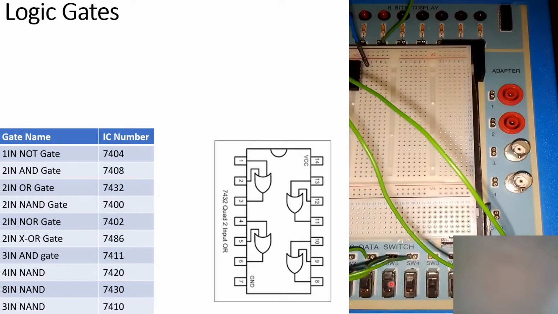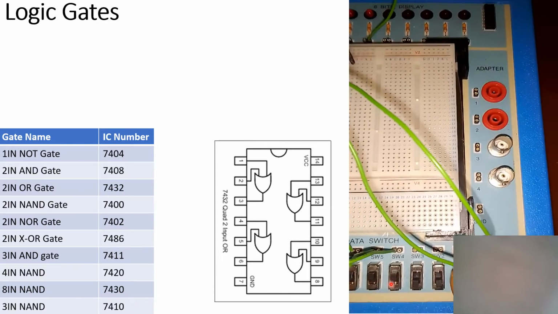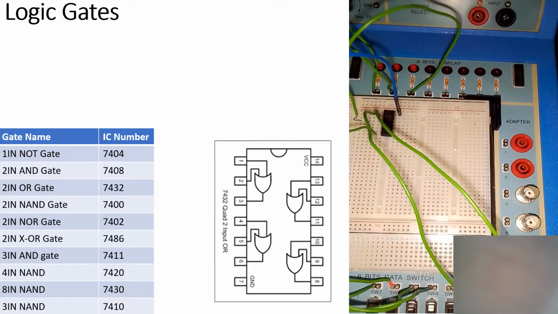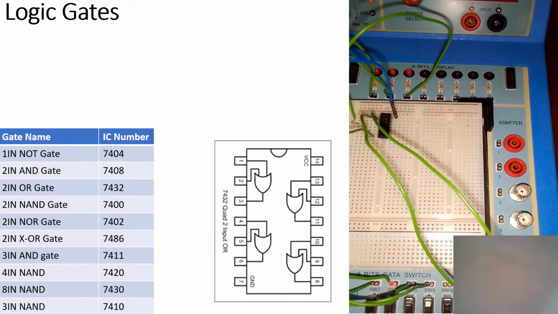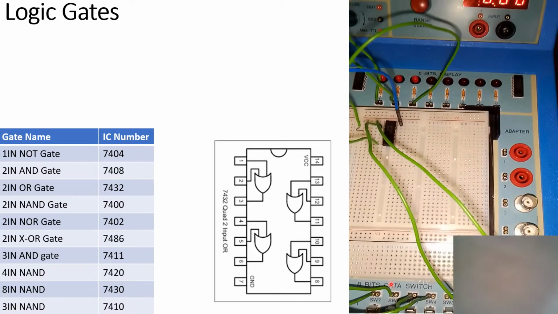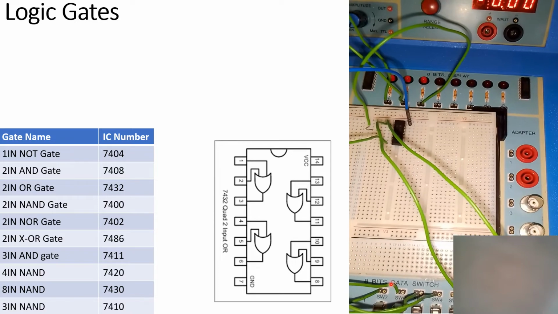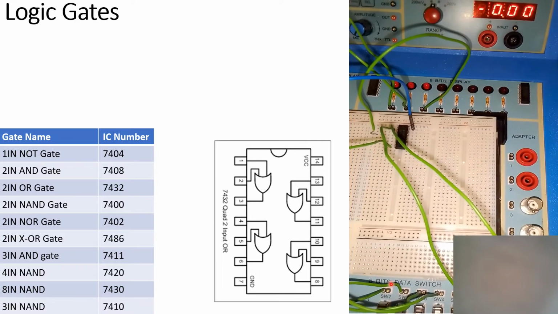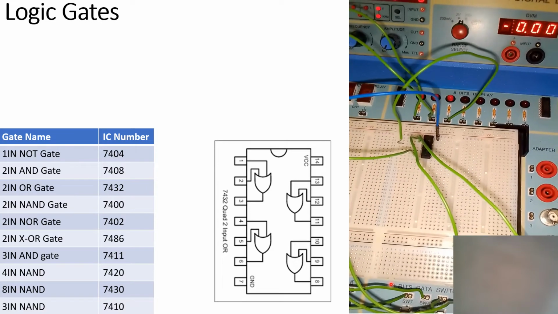If we have a 1 and a 0, it becomes a high there. If we have a 0 and a 1, it becomes a high. Now we are seeing the practical implementation of an IC